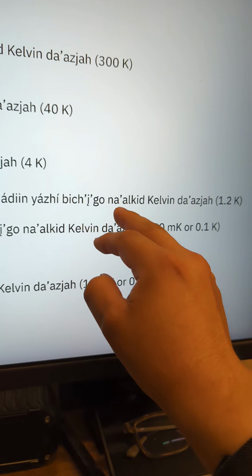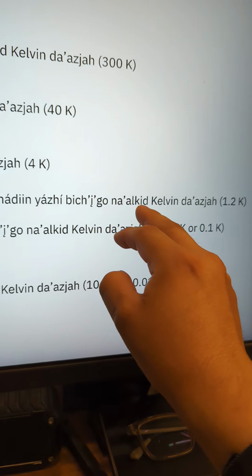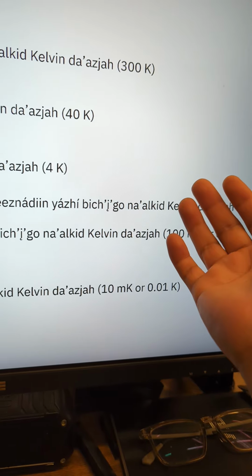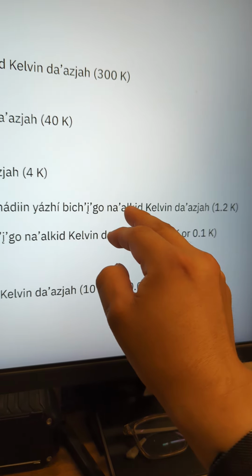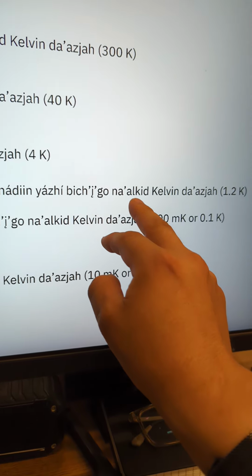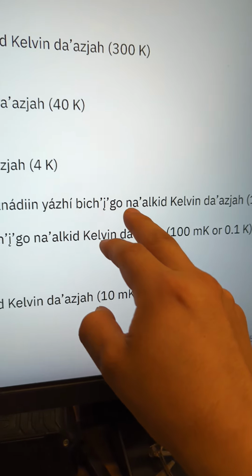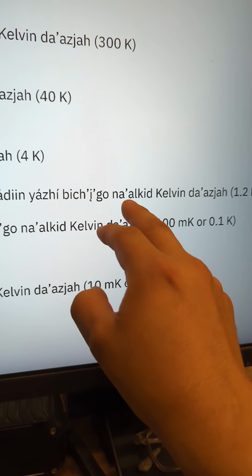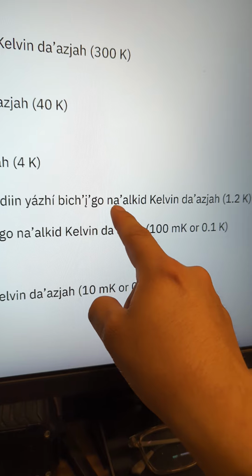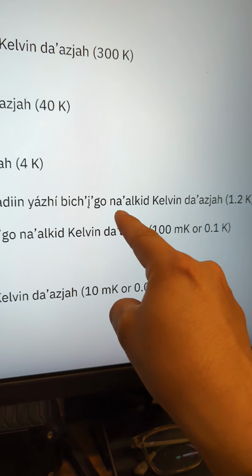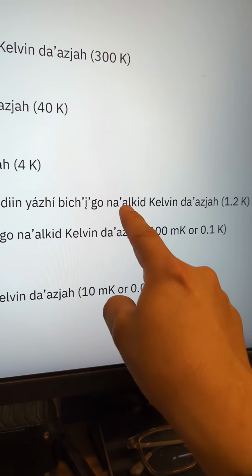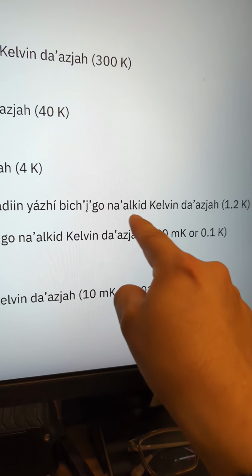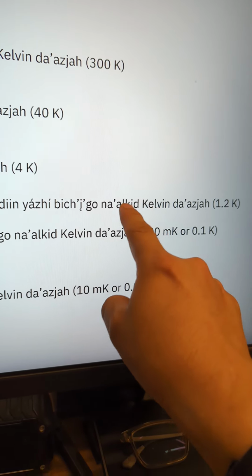And then the other one I want to point out, before we make another video or another YouTube short, is Na'al Kid. Na'al Kid could mean two different things. It could either mean time or it could mean temperature, depending on how you want to use it. Normally the term na or ana usually means the eyes, or to look at something with your eyes. So if you think of it this way, it's like you are looking at an indicator, an indicator that you look at to tell